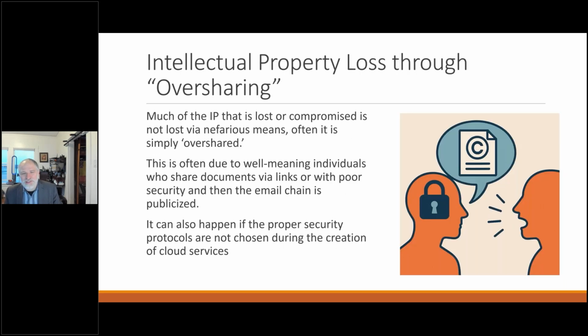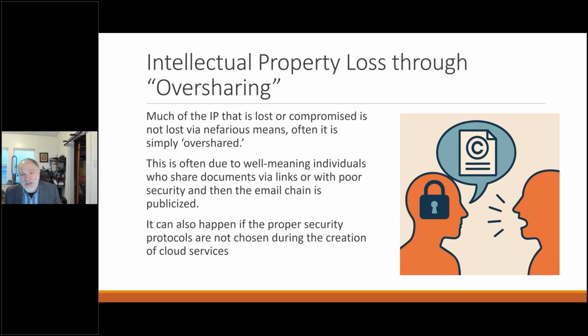This one unfortunately doesn't get a lot of people looking at it, but it is a huge issue. And in some cases, by some variables that you look at, it can be the majority of the intellectual property loss that's out there. In other words, most intellectual property loss is not actually nefarious. It's not somebody hacking in, breaking in, and doing things. It's actually a concept that we call oversharing.